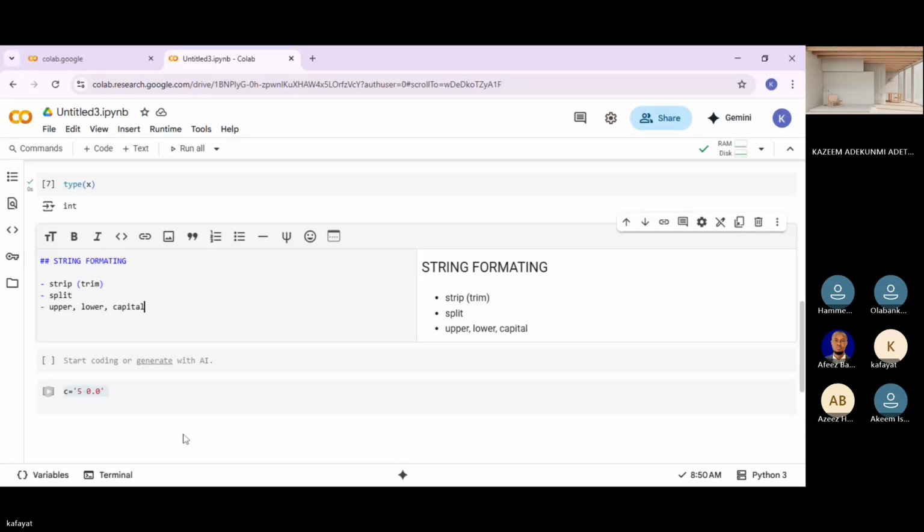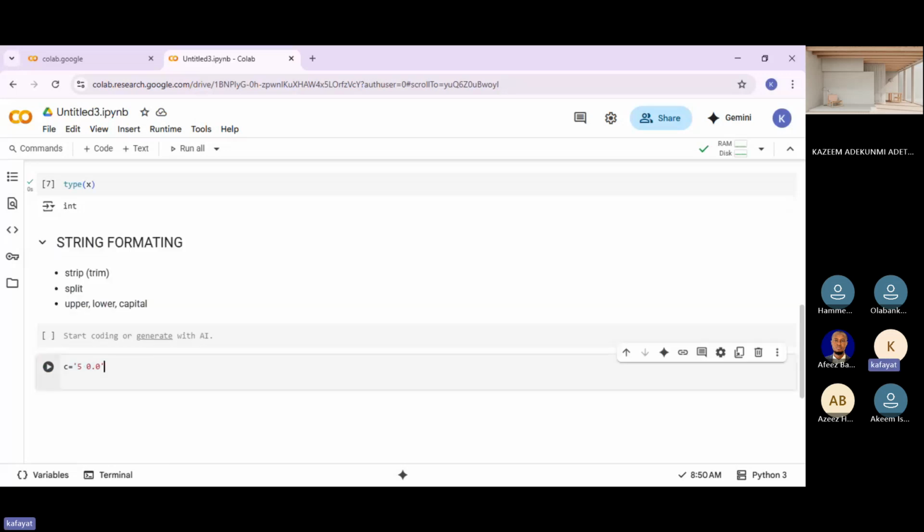So now, from the question one of you asked me the other time, when you are given something like this, and the aim of the project is to convert it to a number format, how are you going to achieve it? You know that is very, very simple. You can strip. Do you remember that strip can only be applied to space before or space after?